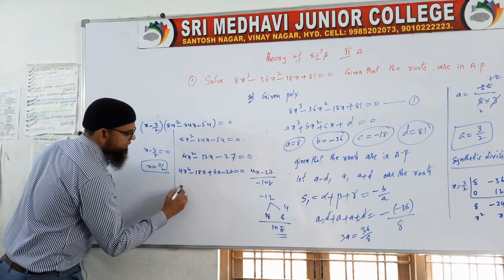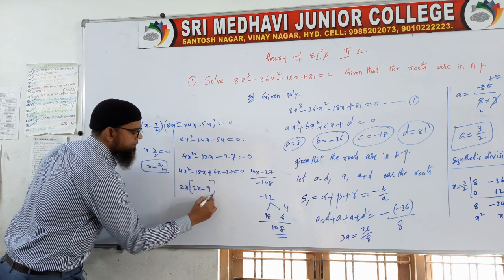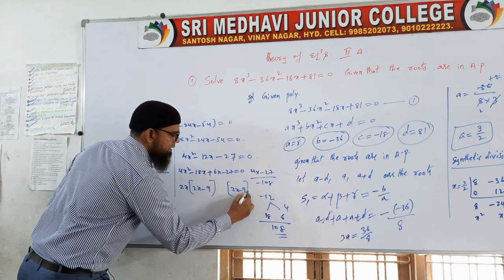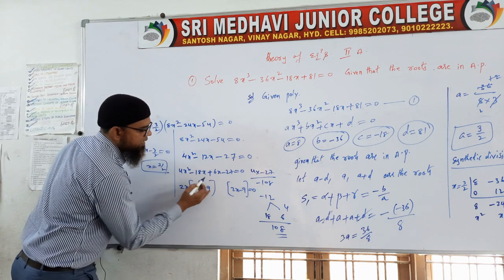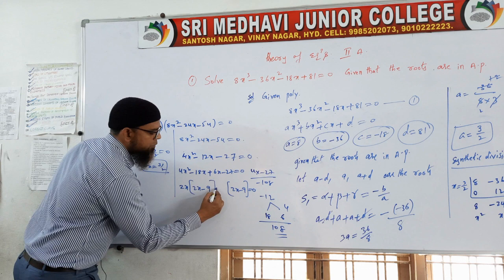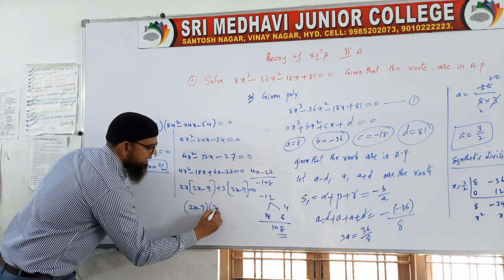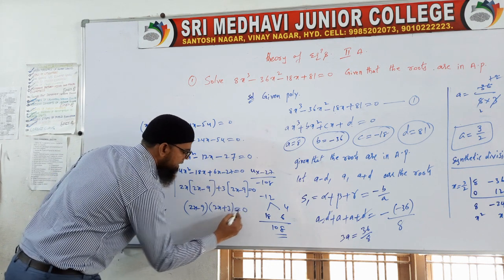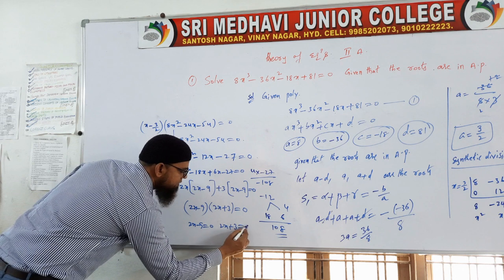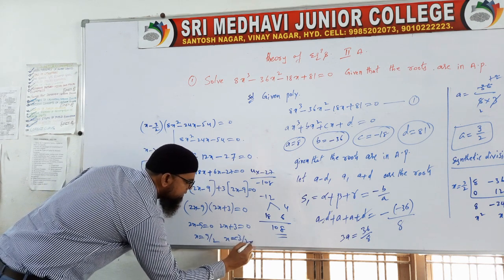From these two terms we can take 2x common, so you will get 2x minus 9. 2 9s are 18. So take a bracket, you write down 2x minus 9. Here you see plus 6x is there, I am taking 2x inside of the bracket, so plus 3 is outside of the bracket. So 2x minus 9, the next one is 2x plus 3 is equal to 0. So 2x minus 9 is equal to 0, 2x plus 3 is equal to 0. x is equal to 9 by 2, x is equal to minus 3 by 2.